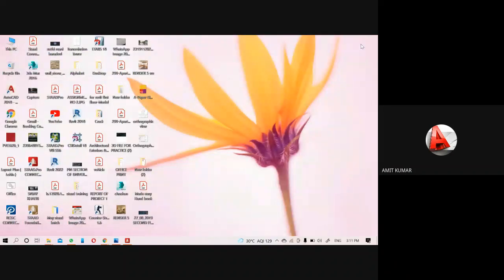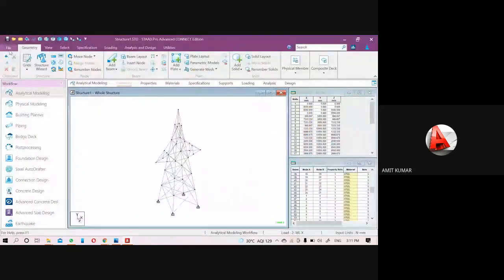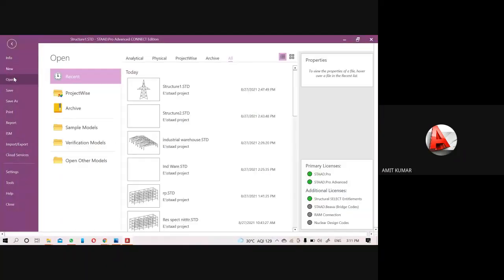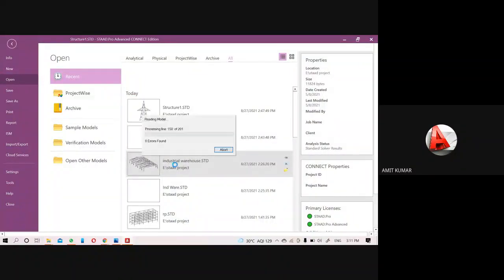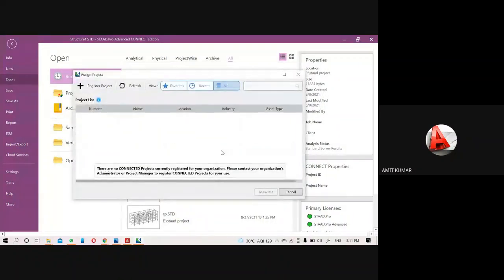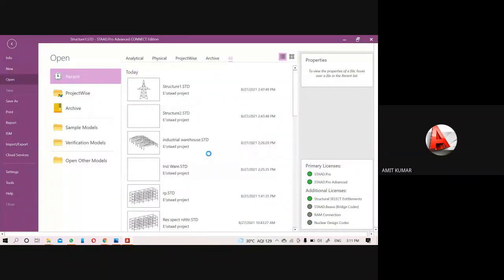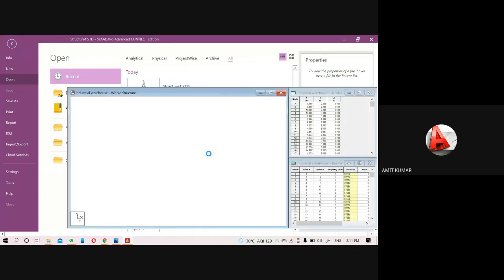Okay. For this, I will show you one more example of an industrial warehouse. Let me open that file. For this industrial warehouse, I will show you the dimensions and material types which I applied here.